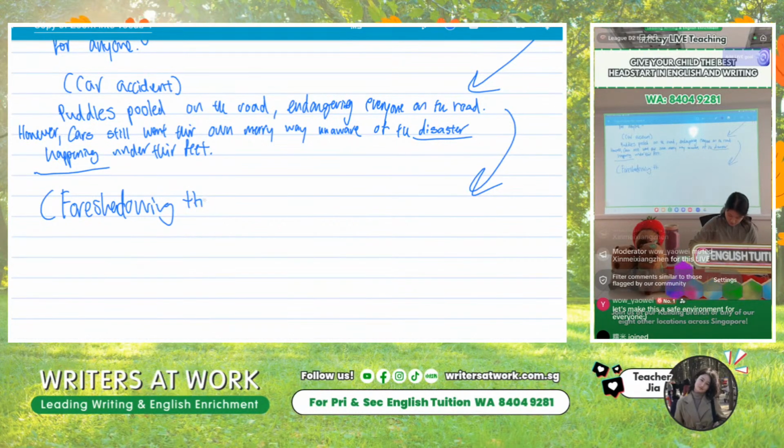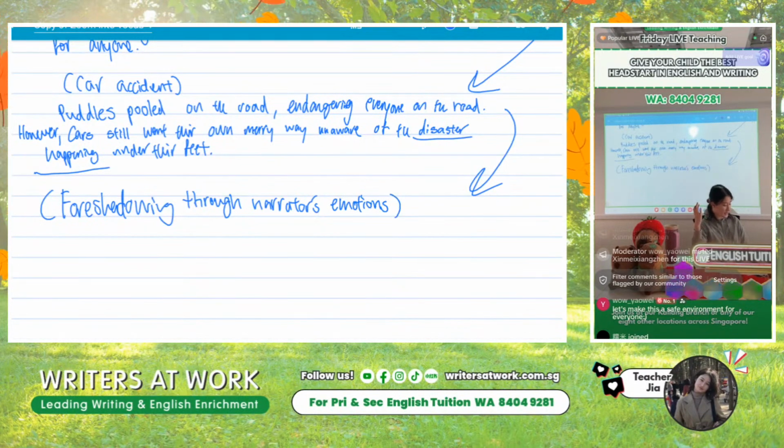Foreshadowing. Narrators' emotions. Okay, so now your narratives and emotions and actions play a big part in your story, so we want to make the most of that and use it as a medium to foreshadow the rest of our story. Stories can be more engaging when your readers have the opportunity to guess that something is going to happen. You're playing with the reader's emotions, letting them know that I'm going to tell you what's going to happen, but before that, you can guess. You're giving them that opportunity.